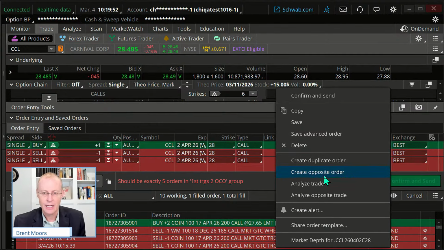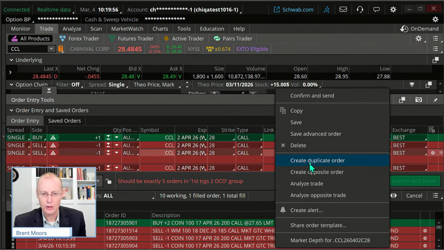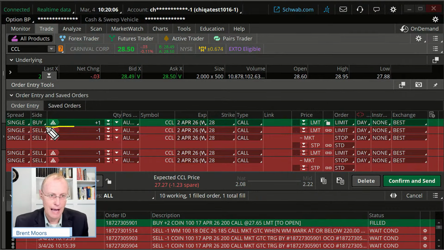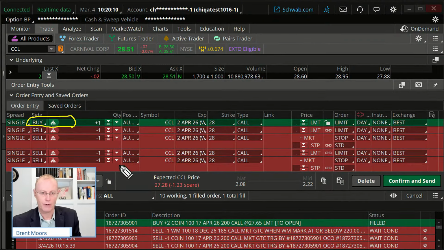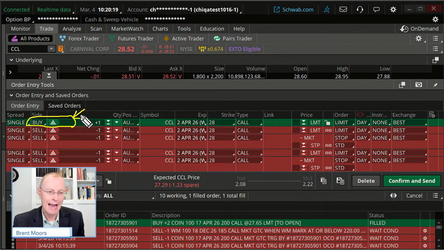I'm going to create a duplicate order. I'm going to create another duplicate order. So now these are going to be linked. They're going to be linked like this. This is our buy order, first of all. The first triggers part of this 2 OCO order is it all becomes active if we end up buying this first. If we don't buy the initial contract, none of these other orders matter because we're not even getting in this.